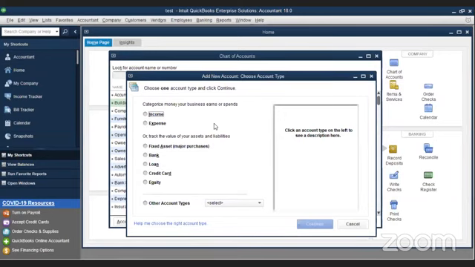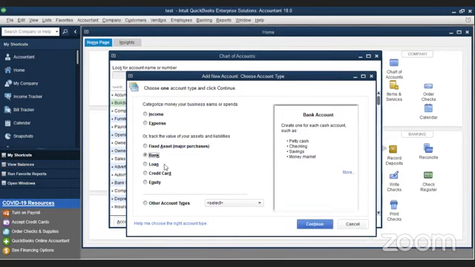You all might know that bank and cash fall under current assets, but you can't categorize them as other current assets here, because QB has a separate module for payments. So in that case, you have to put them under bank. So I'm going to create a bank account here. You click bank. I'm repeating it again.